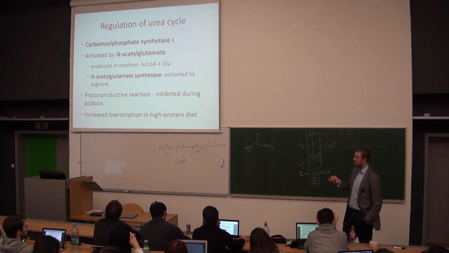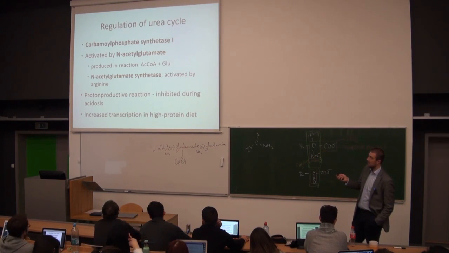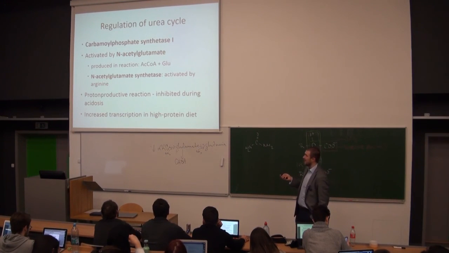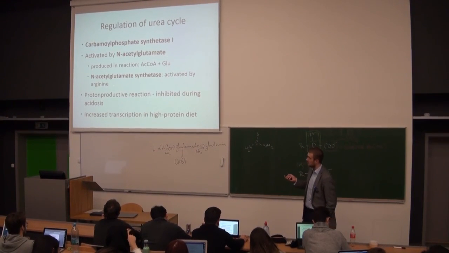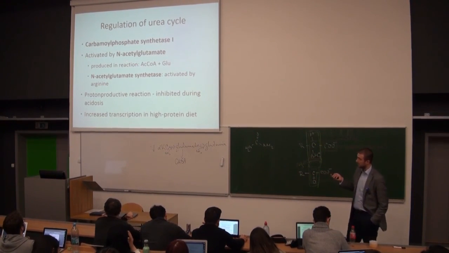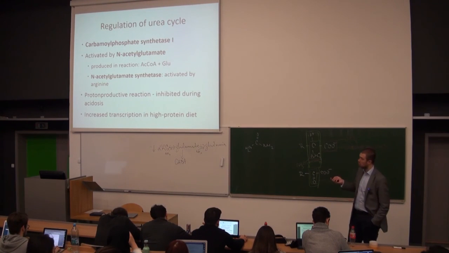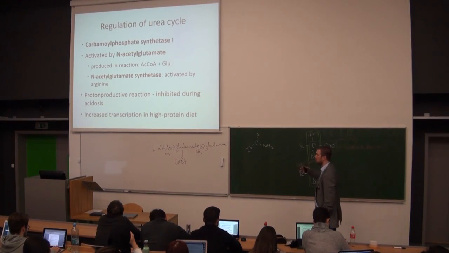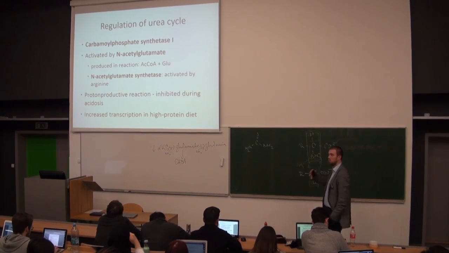You do not have to remember in detail the name of the enzyme that synthesizes N-acetylglutamate, but what you should know is that arginine, one amino acid, is activating this N-acetylglutamate synthetase. That means that arginine indirectly, through the allosteric modulator, activates the whole urea cycle. So not only in general the proteins and amino acids in diet, but altogether the arginine through the allosteric modulator also modulates